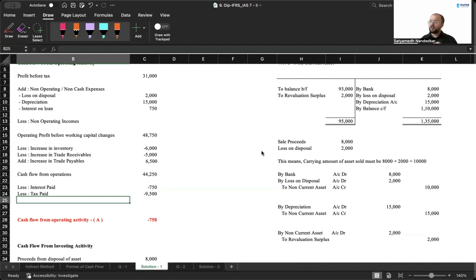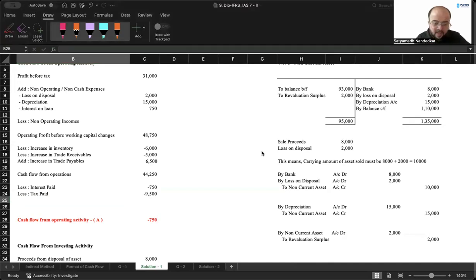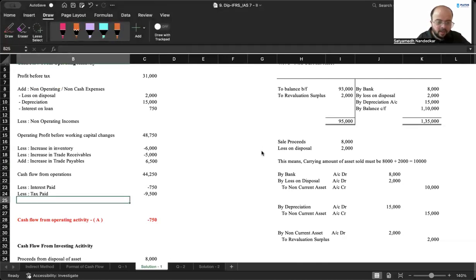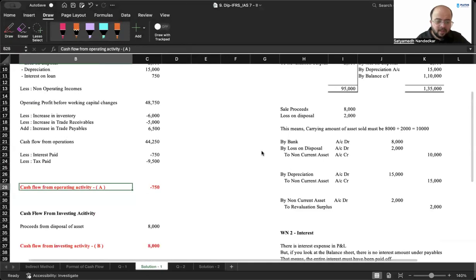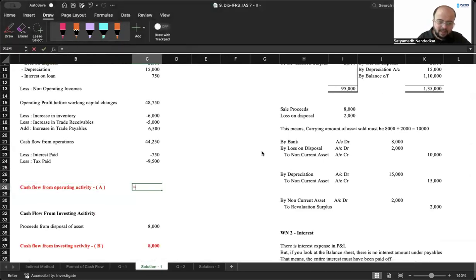It says you can show it under operating, or under investing, or financing, but your IFRS material or ACCA material expects you to show it under operating activity. Hence, we have shown it there. No other reason. So that gives me my cash flow from operating activity. Let's see how I get that number. Cash flow from operations minus interest paid minus tax paid, I would get